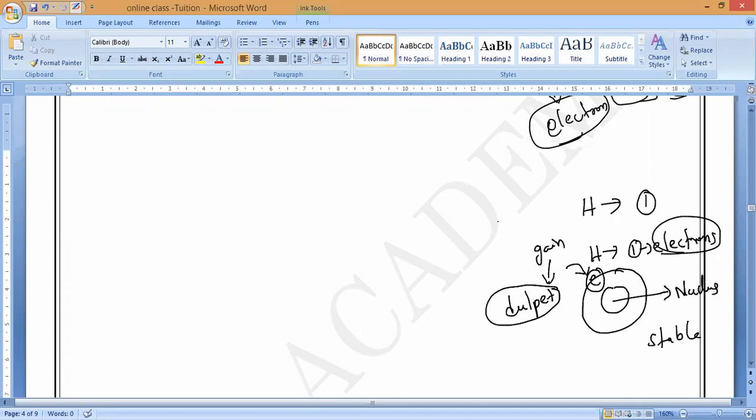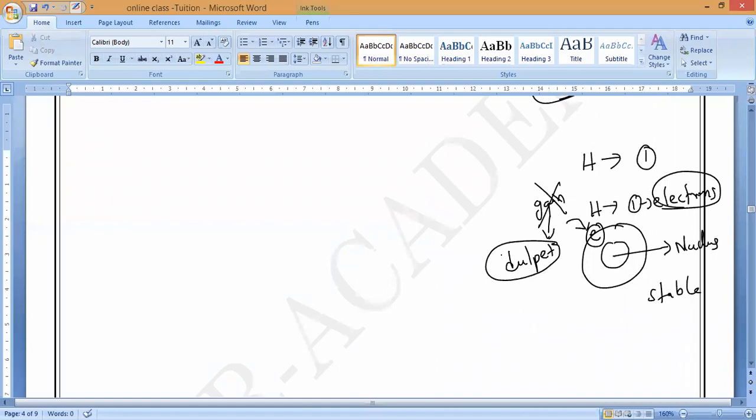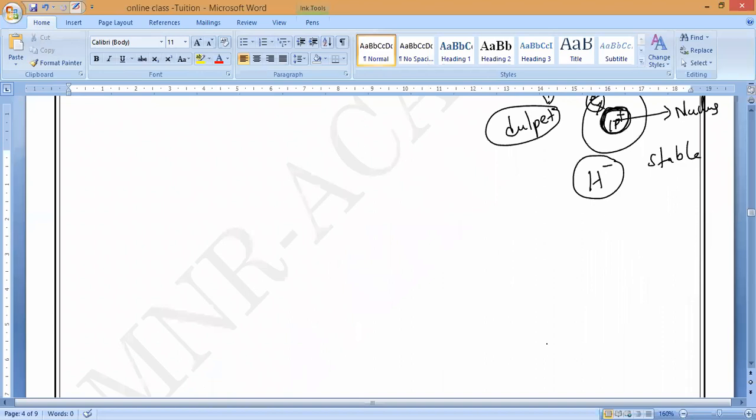But in most reactions, it won't gain electrons, only very rarely. If it gains an electron, one electron, it will turn into H minus. Understand? Most of the time, instead of gaining an electron, it will lose this electron and turn completely positive, because if it loses this electron, only the nucleus alone remains. Only one proton alone will be there. One proton means it is positive only, correct? Do you understand? So in most cases, hydrogen will